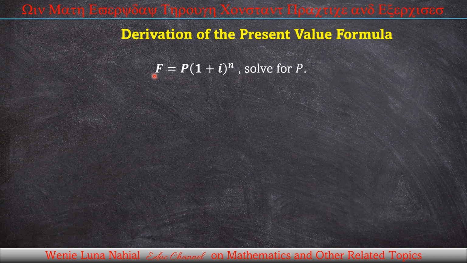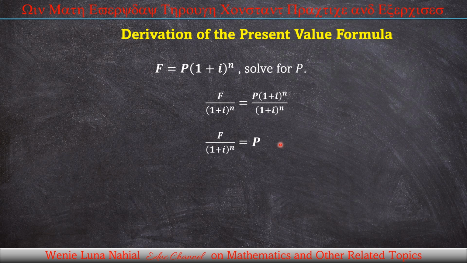Okay, from this formula, we have to solve for P. Now, we can divide both sides by (1 plus i) raised to n because we have this goal to solve for P, and our P is at the right side of the equation. So, we can cancel (1 plus i) raised to n at the right side of the equation. And what we get is the uppercase letter F divided by the quantity (1 plus i) raised to n equals